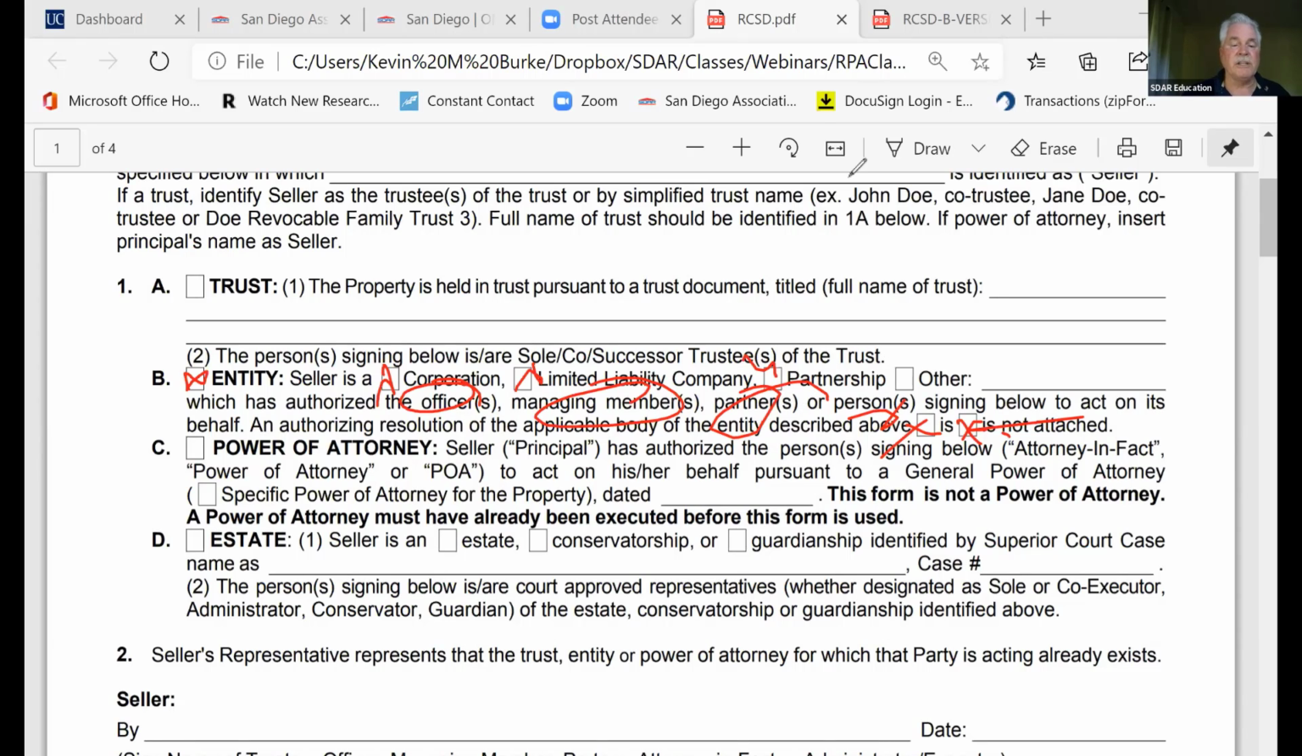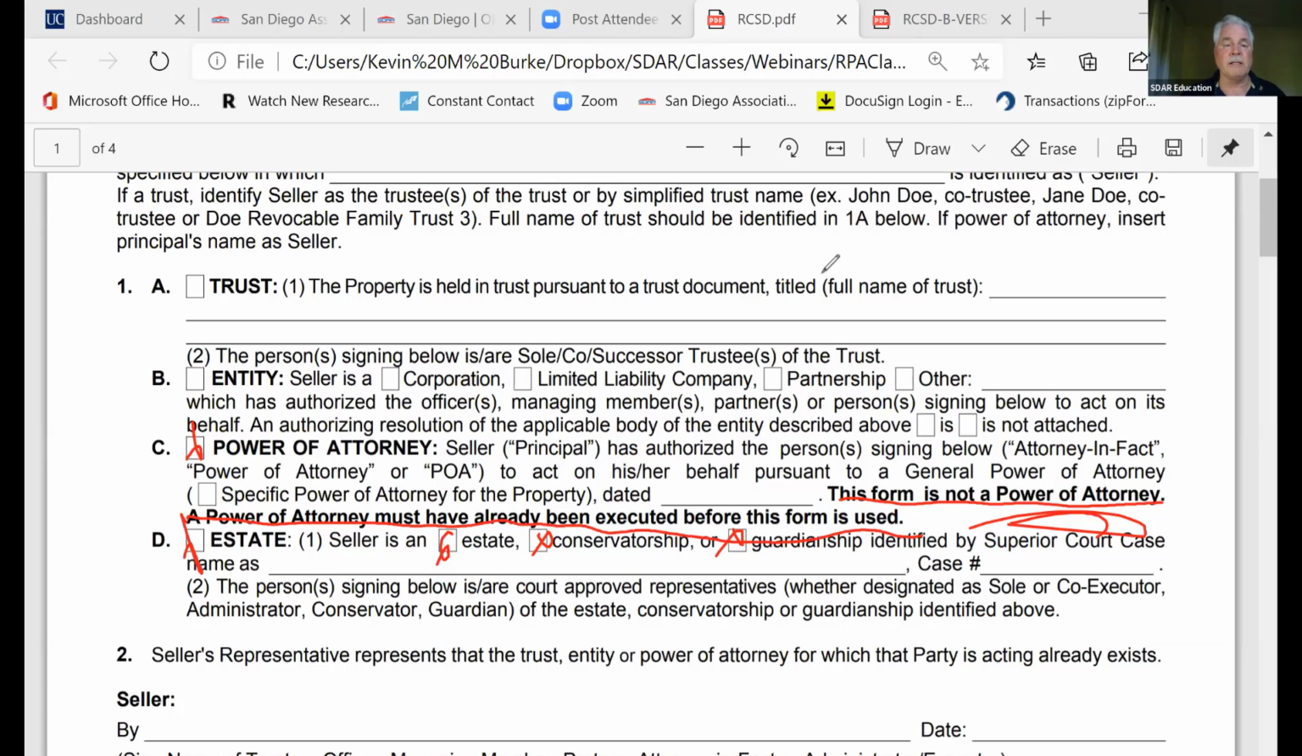Okay, let's get into number C. There's my power of attorney again. I'm going through this pretty quick, but notice that some of the language is different. This is not a power of attorney, must have already been executed. It's in bold print on this one, but it's not in bold print on the RCSDB, interestingly enough. It could be an estate, so it's either an estate or a conservatorship or a guardianship, as identified again by Superior Court case, and then you would want to put the case number in there as